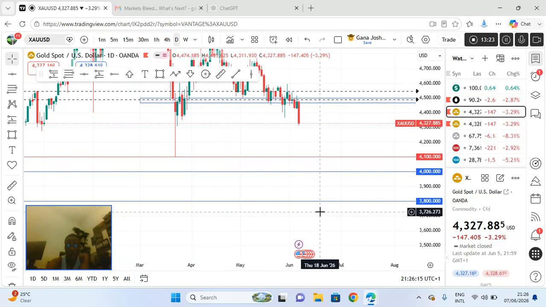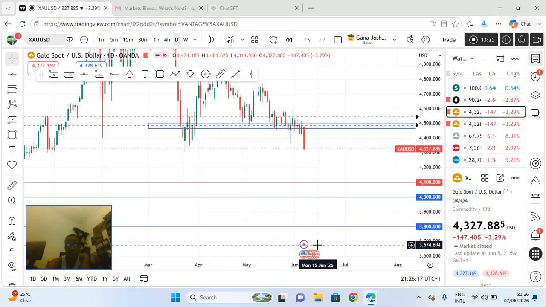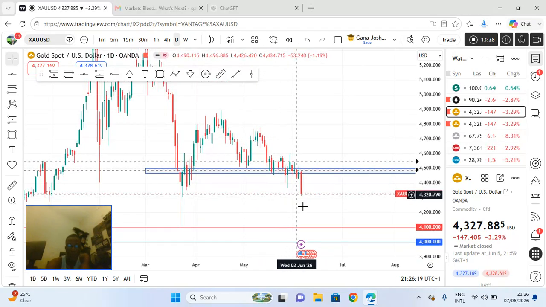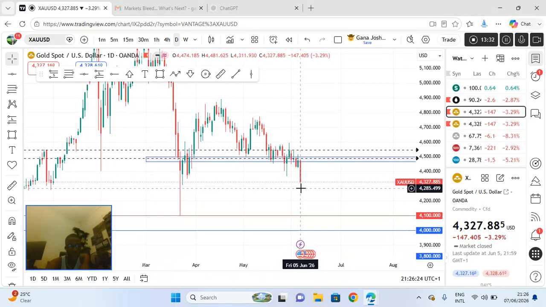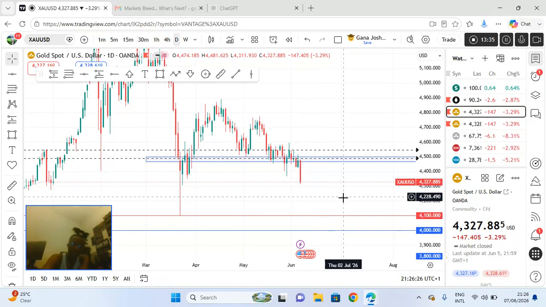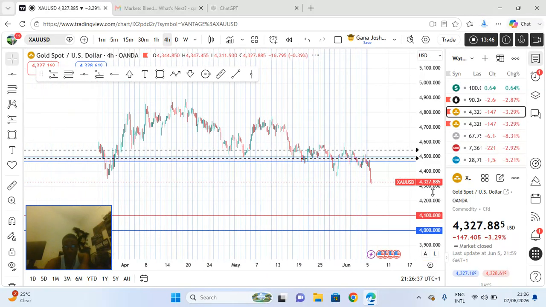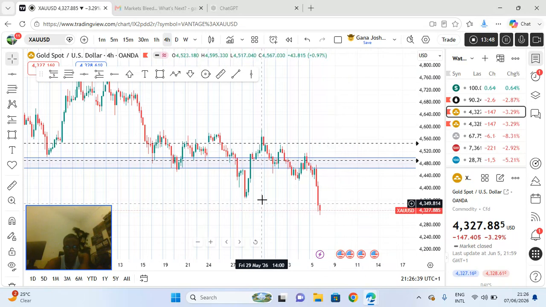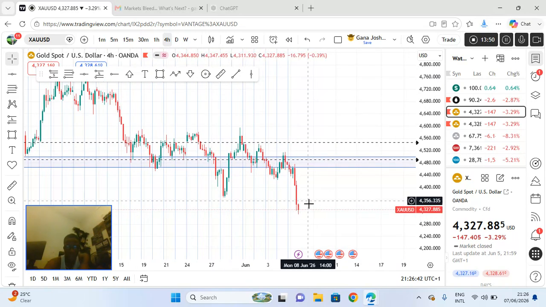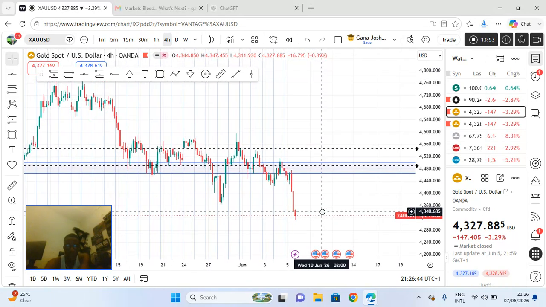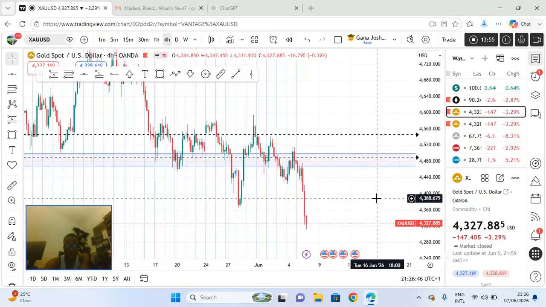I'm telling you, gold is coming. But then we need to be wary because this is bigger, from the big time frame. Yes, I know, but there's liquidity here. Gold will be coming for a retest. That's what everybody will be expecting right now. No continuation to the downside here.